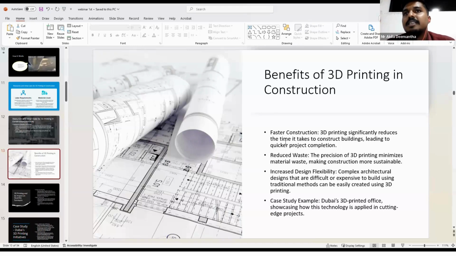Right? So increase the design flexibility, right? Complex architectural designs that are difficult or expensive to build using traditional methods can be easily created using 3D printing, right? So